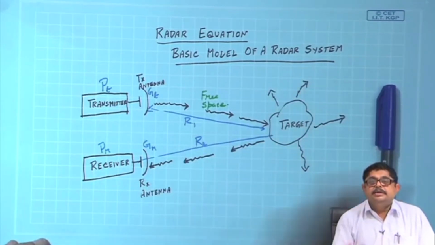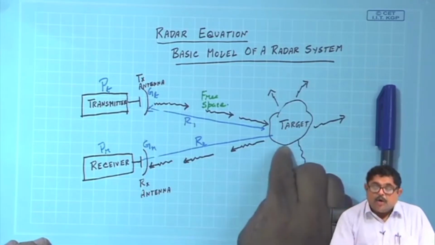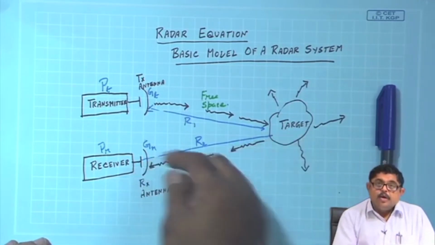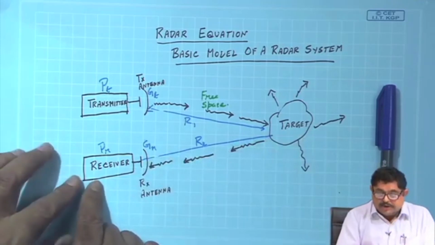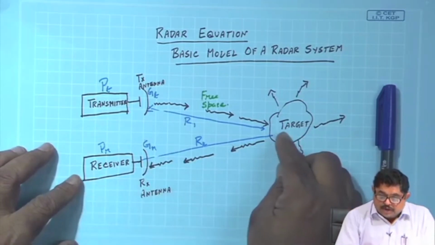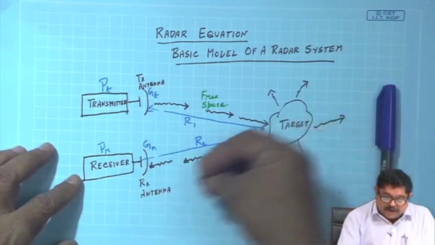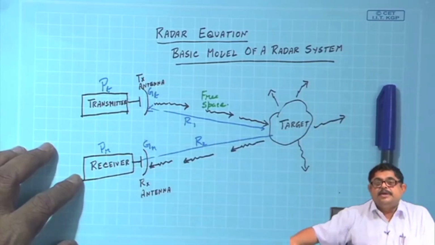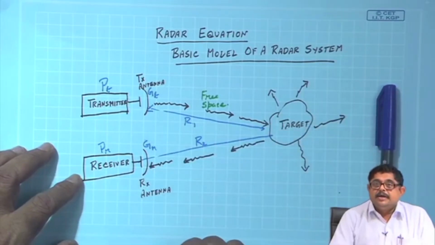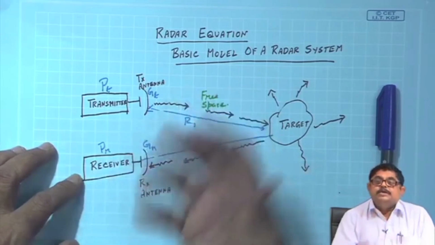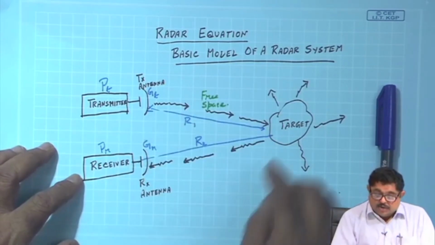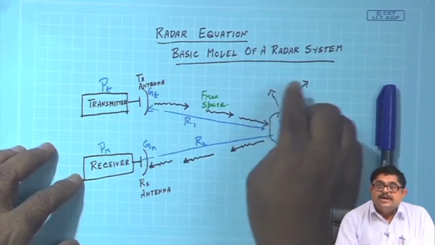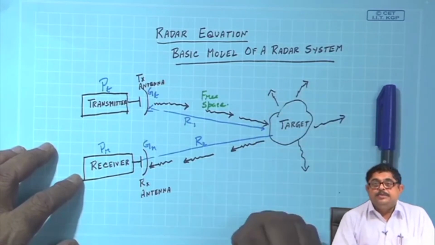Please remember that this is not the same as the geometrical area that we will see. Also, it depends on which direction you are seeing from, because scattered energy in this direction is different from scattered energy in some other direction. Also, at which frequency you are seeing, it actually is a function of the shape of the object,